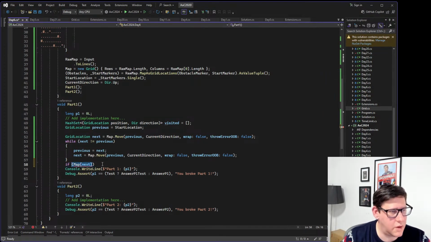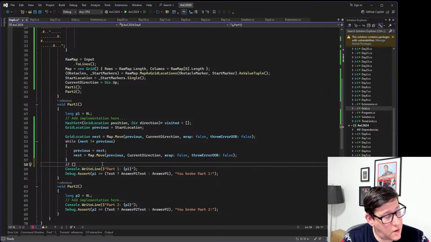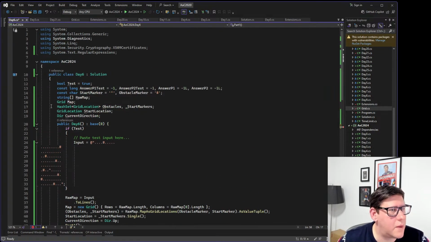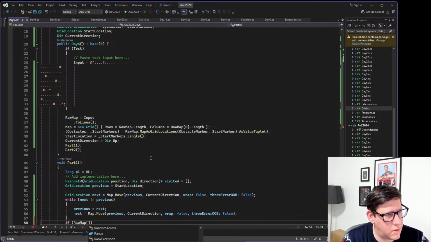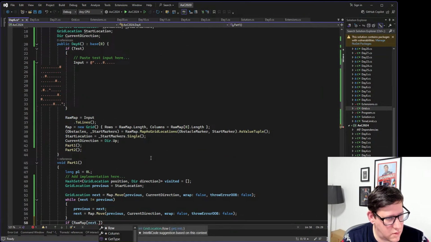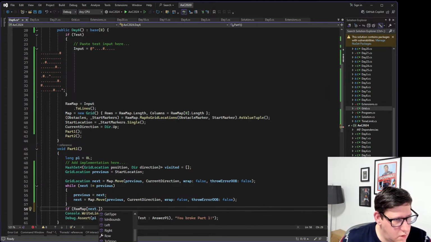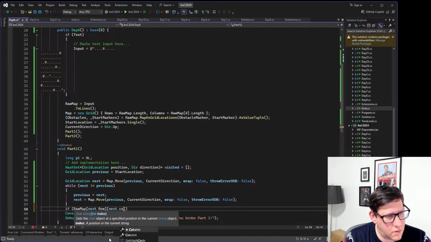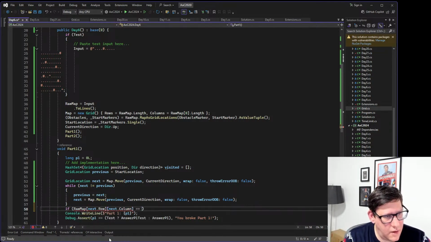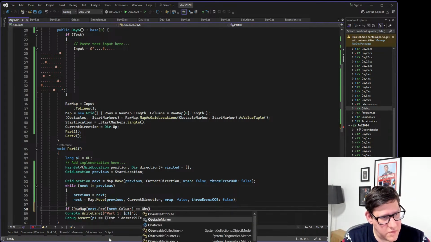So basically what we can do, like if raw map next row, next column. If it's obstacle marker,